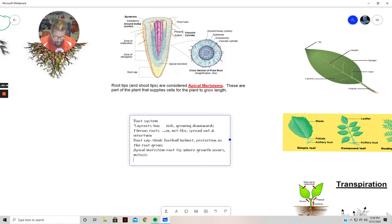Okay, our next term, zone of elongation. Okay, this is pretty important. So again, we're thinking mitosis. Because the length comes from making additional cells. Okay, so it makes more cells, so therefore it drives that length and keeps it growing. Now the other cool zone